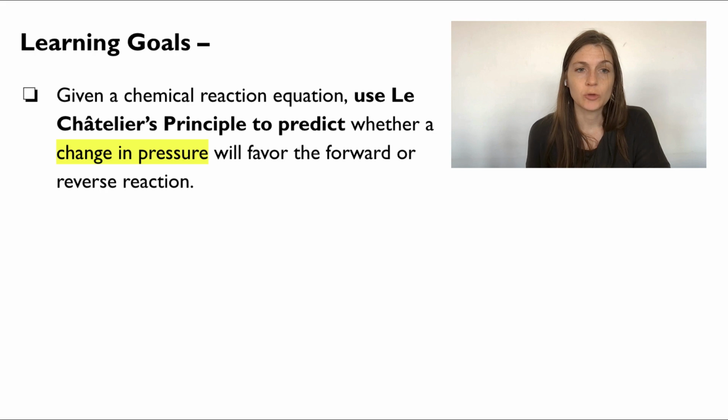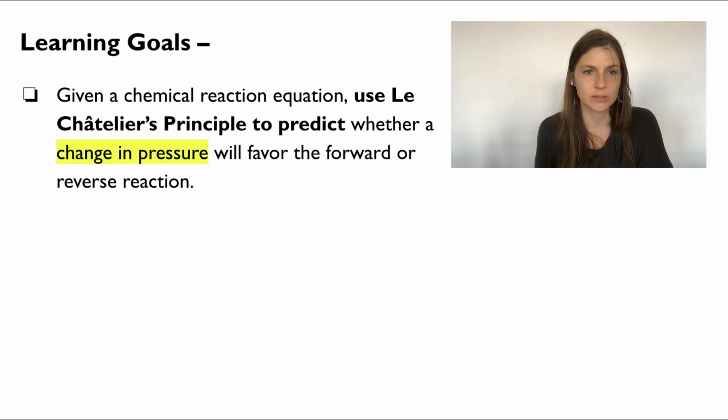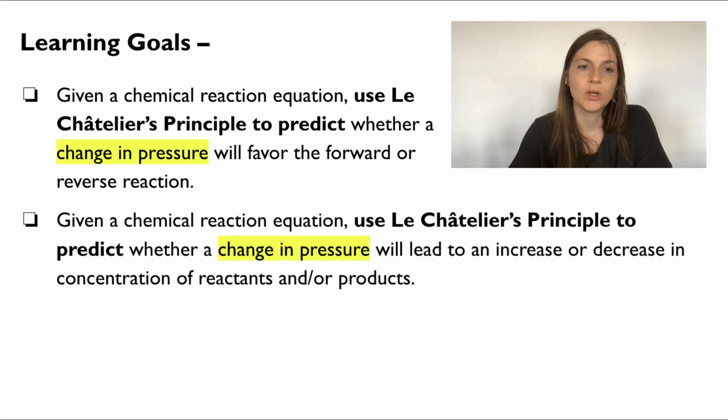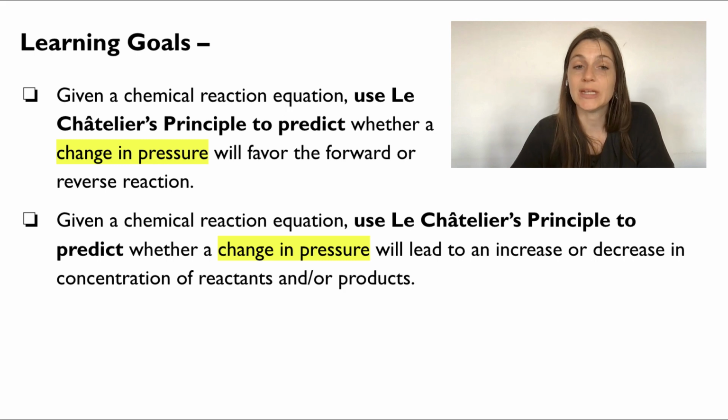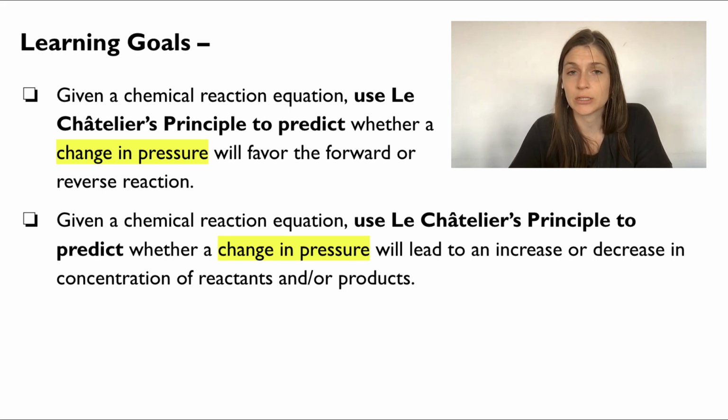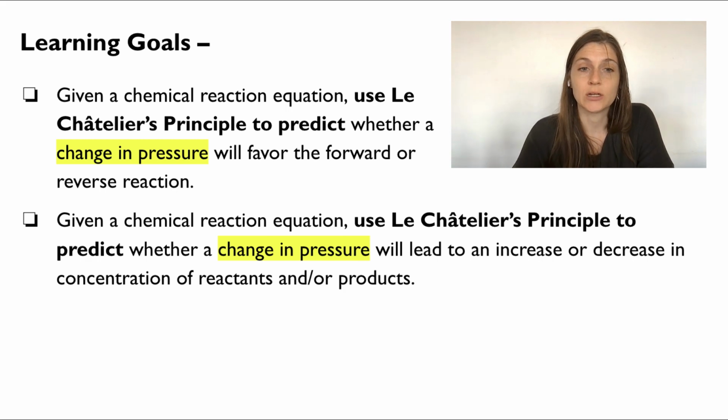We're going to be given a chemical reaction and use Le Chatelier's principle to predict whether a change in pressure will favor the forward or the reverse reaction of a chemical or physical system at equilibrium. We will also try and determine whether or not we think a change in pressure will lead to an increase or a decrease in concentration of reactants or products, which we can do once we've decided which reaction equilibrium will